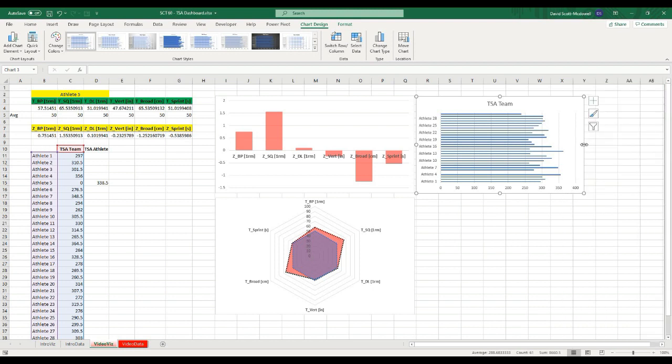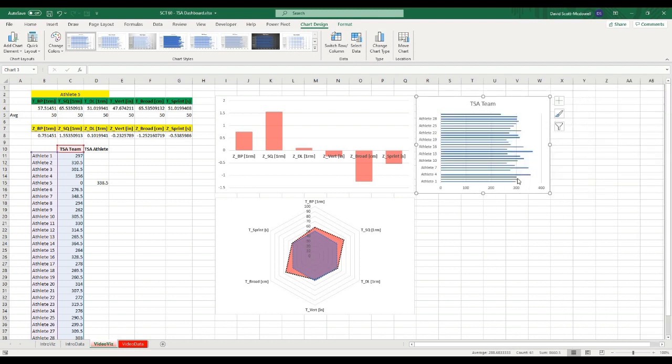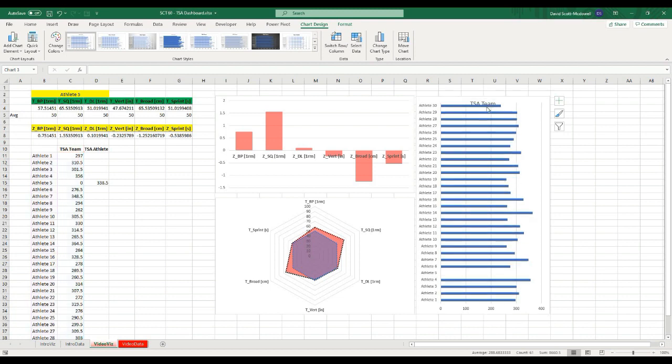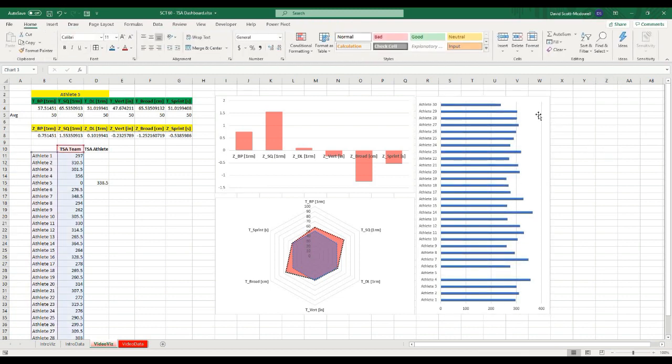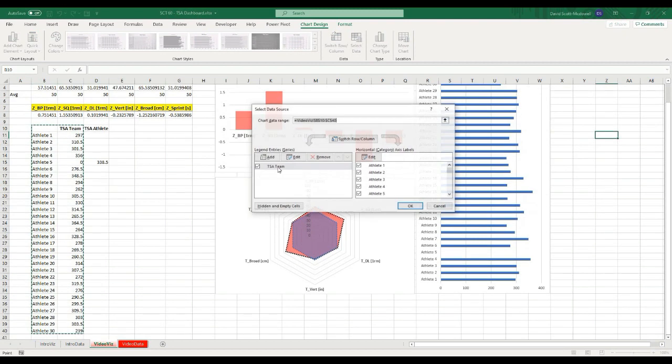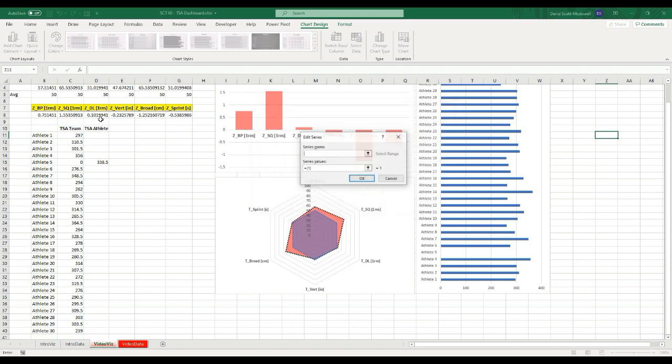I'm going to take away this chart area so that you can see the whole thing. I'm going to make this big. So athlete 1, 2, 3, we can see all of the athletes. I'll take away the team value because that's pretty self-explanatory. And I'm going to add one more set of values to this. I'm going to right click here, select data, add